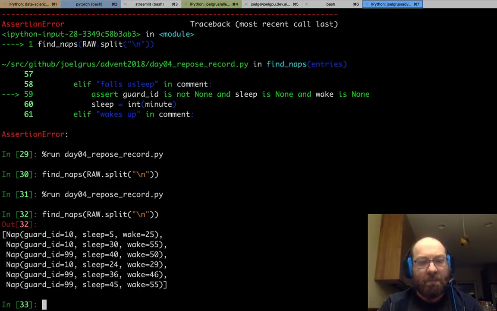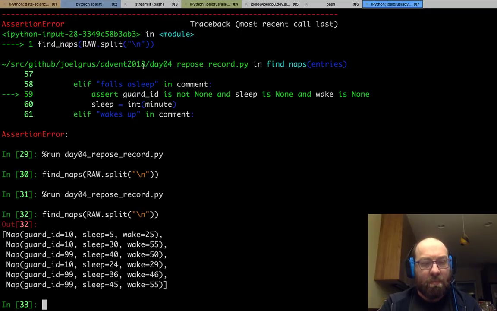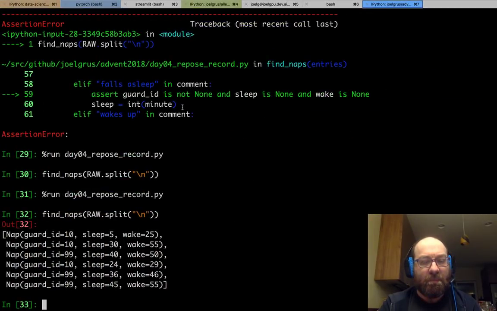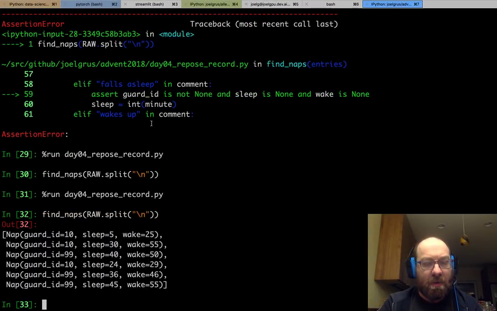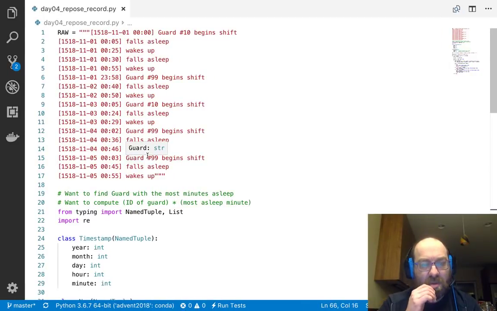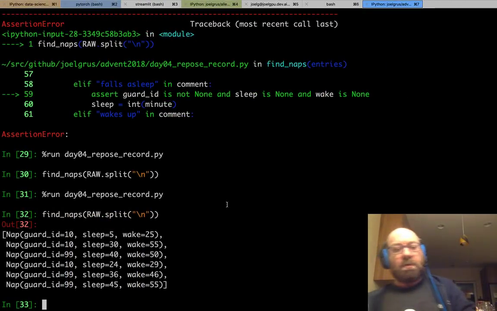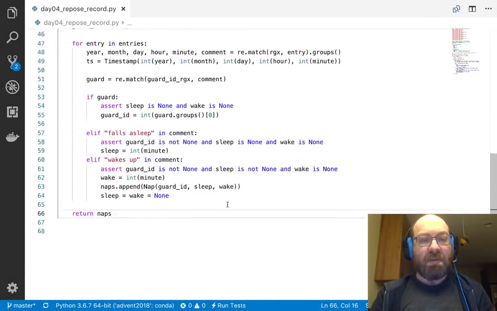So guard ID 10 sleeps from 5 to 25. Guard ID 10 sleeps from 30 to 55. Guard ID 99 sleeps from 40 to 50. Guard ID 10 sleeps from 24 to 29. And then 36 to 46 and 45 to 55. Okay, so I think this works, modulo the fact that it's possible I will need to store the date in part 2. So let us,